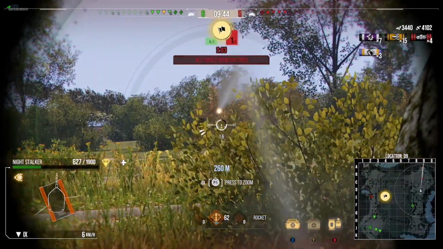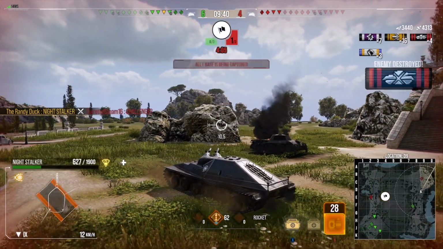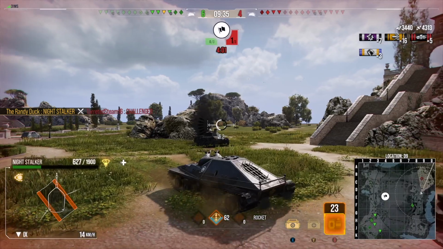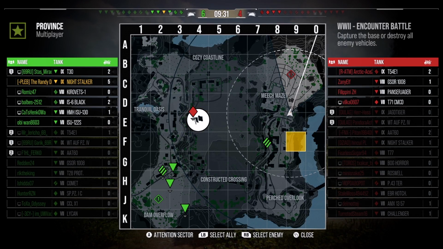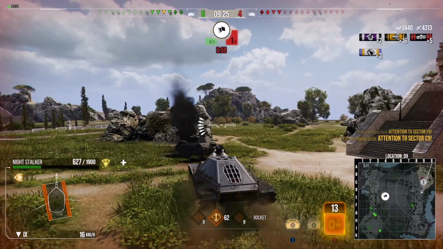I'm going to use this rock to cover me from the G-Saw and try and kill the Challenger, which I do blind there. Picking up the 4th kill, putting us into 4,000 damage with 3,000 blocked. So having a really good game. It's now 6 versus 4. We're taking advantage. I think I'm kind of just 1v3 there, 1v4 there at one point,